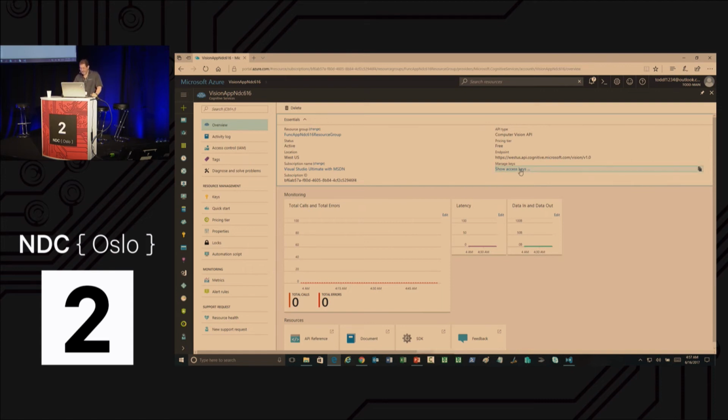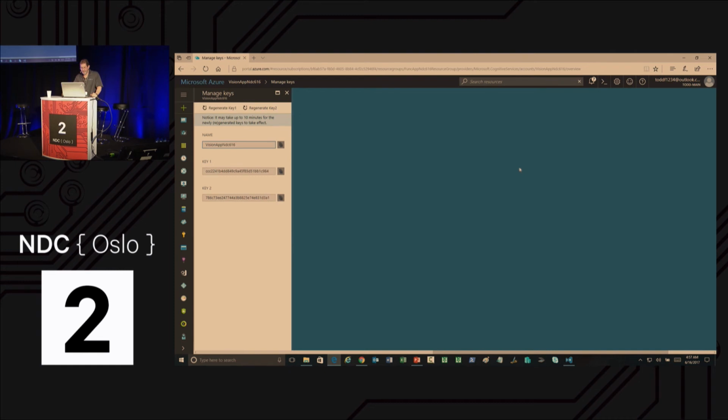So I'm going to click on this little link for the access key, and I'll show you the last way that this demo blew up on me. I'm going to copy this key, and because I have ADD and I can't really focus easily, I'm either completely focused for 18 hours and coffee, staying up all night like we all do coding, or I'm just totally a mess. I never noticed this little message that says, notice, when you generate these keys, they might take up to 10 minutes to take effect.